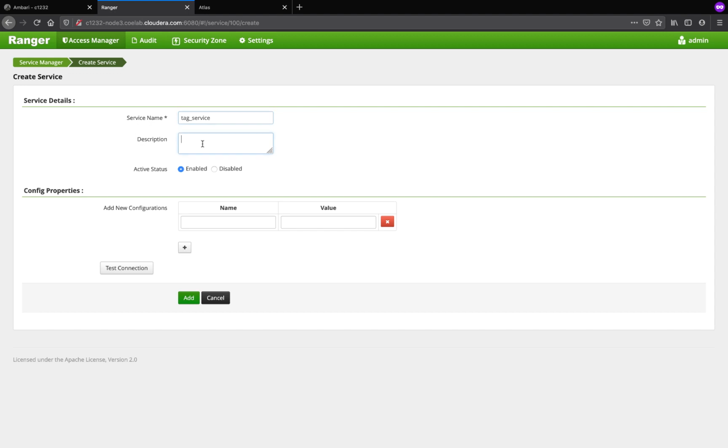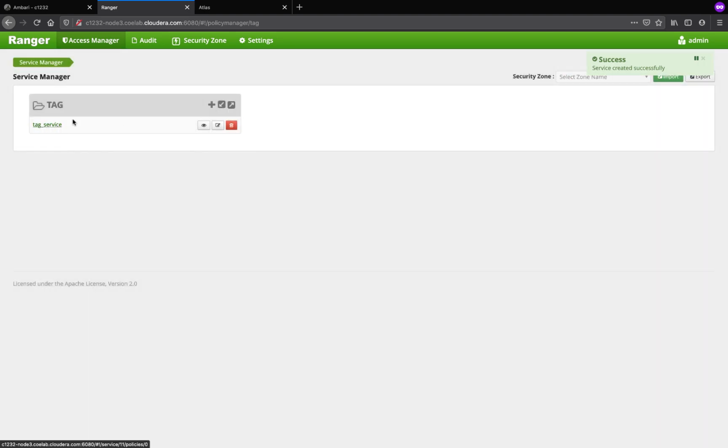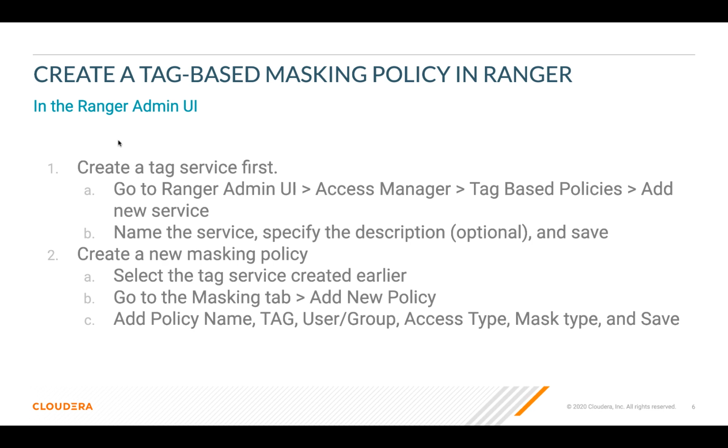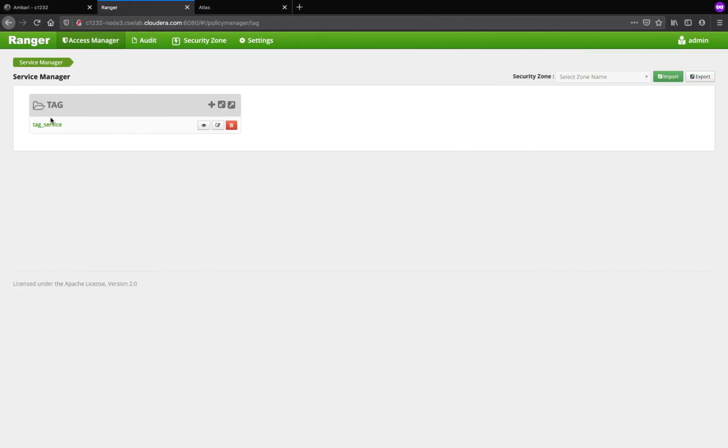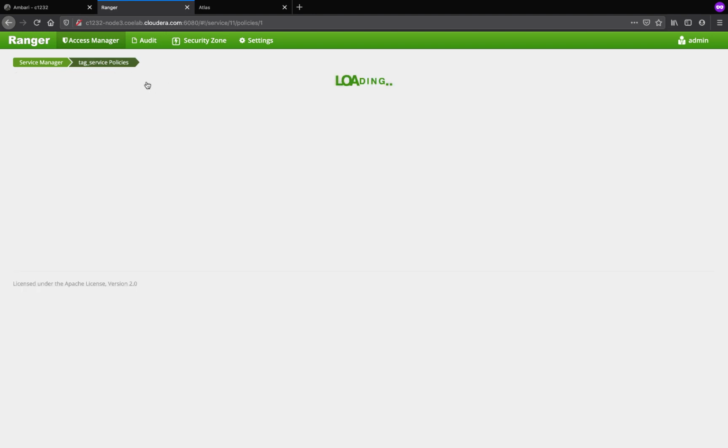I'll name it tag service. Click on add. Now let's create a new masking policy. Click on the service, go to the masking tab, add a new policy.